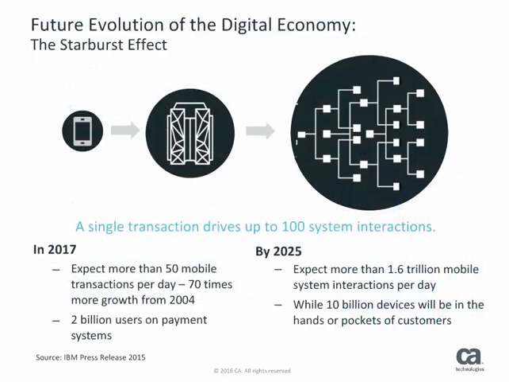Every time a consumer makes a purchase or hits refresh on a smartphone, it can create a cascade of events on the back end of the computing. This cascade of events causes a so-called starburst effect, where a single transaction can trigger as few as 4 or as many as 100 additional system interactions. Simply put, as mobile adoption grows, consumers are driving exponentially larger numbers of mainframe transactions. Each of these mobile transactions triggers a cascade of events across computing systems. These events include comparisons to past purchases, data encryption and decryption, bank-to-bank reconciliations, and customer loyalty discounts.